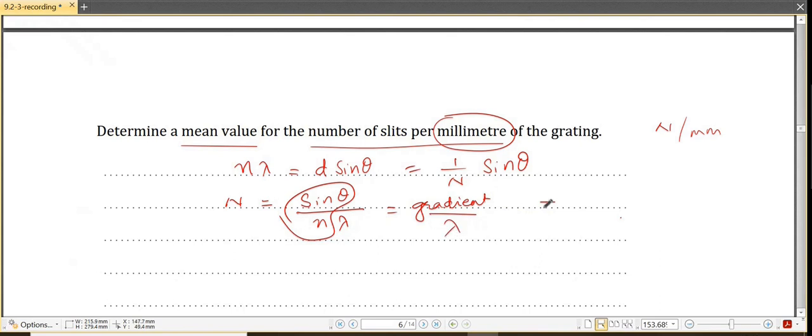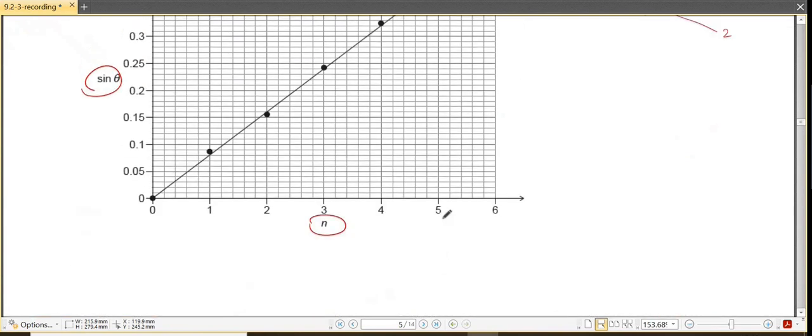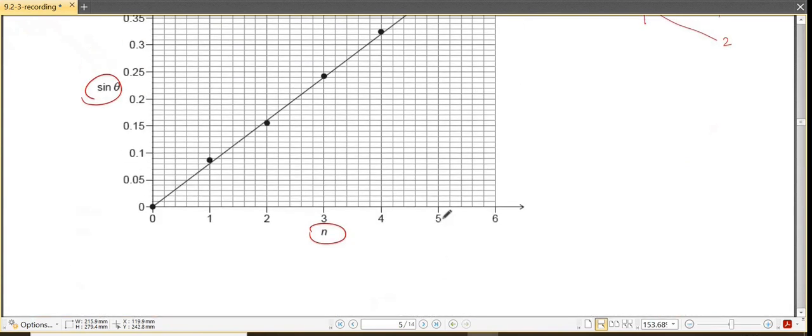Sorry. So let's find out the gradient. Let's look at a beautiful point. So I have chosen this point, not literally that dot, but that corner. So n equal to 3 and this is